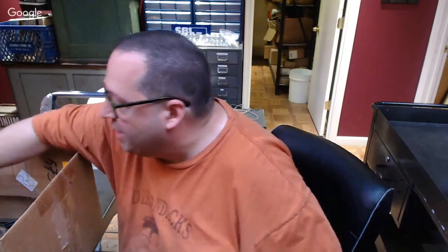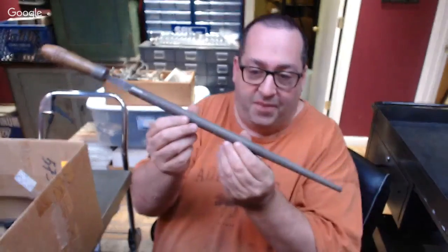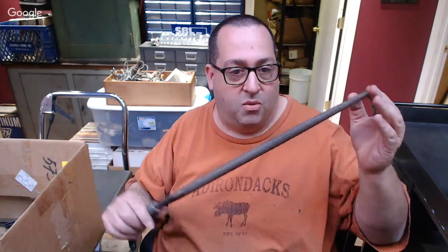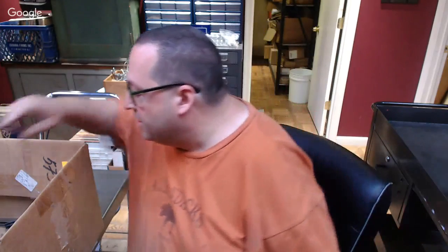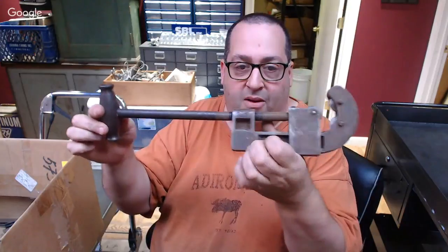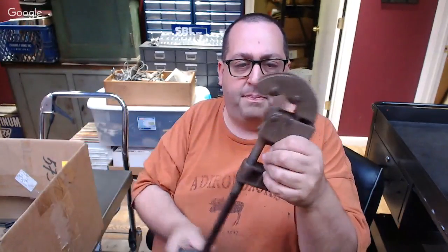All right, next we have a giant file. And I have a couple of these, so I'm going to lot them and get maybe 20 bucks. We have this, an old-fashioned pipe cutter, if I'm not mistaken. Yeah. I don't do much with plumbing type tools, but